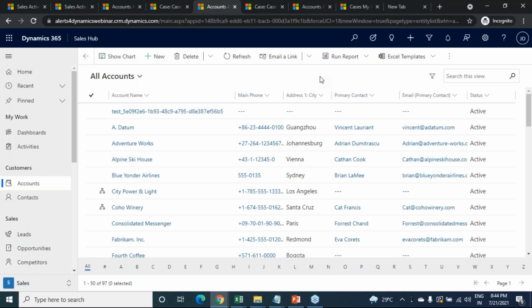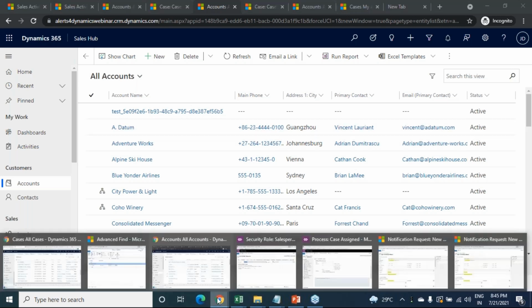So this is a kind of condition that the manager applies to all of his salespersons, and based on this condition, the accounts will be notified immediately to the respective users, and they are able to work on those. So this is completely a condition or rule based alert. For that, you need to create an alert in the Alerts for Dynamics app.